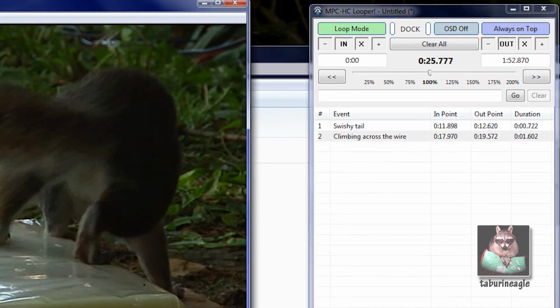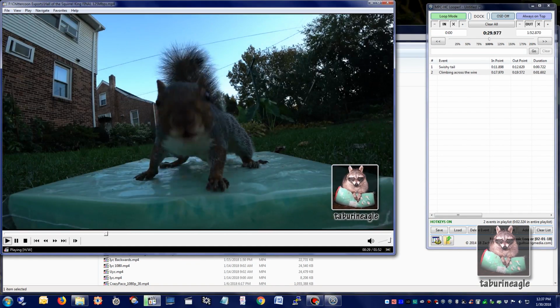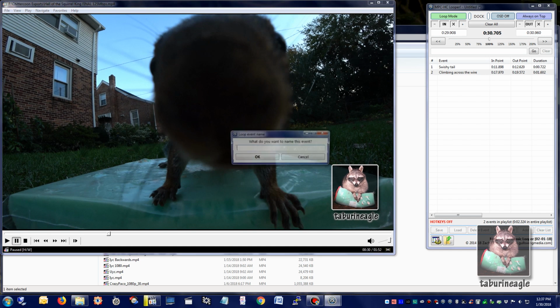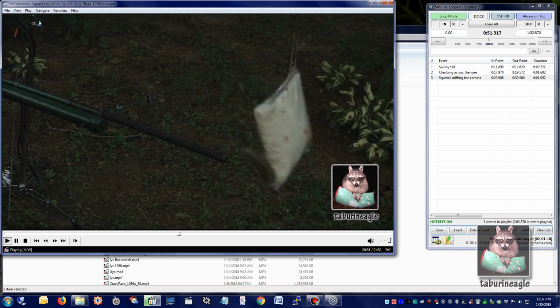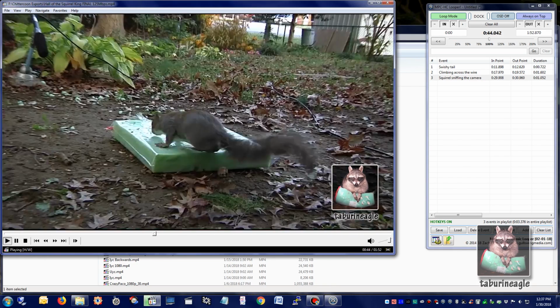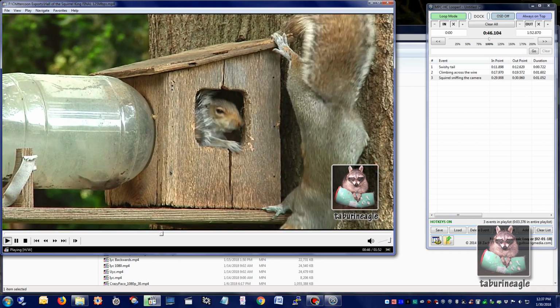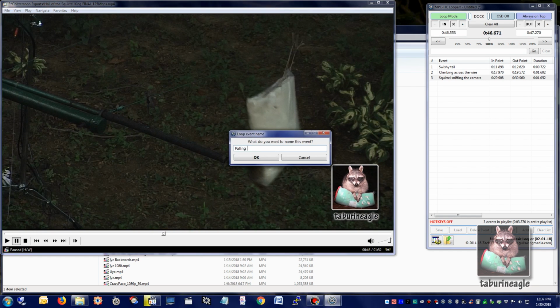So let me find a few more endpoints here, a few more loops. This one here, squirrel sniffing, camera, and scent marking. If you notice, there's a few sneaky scent marking shots thrown in here where they're scent marking in the middle of doing other things. Okay, falling feeder,